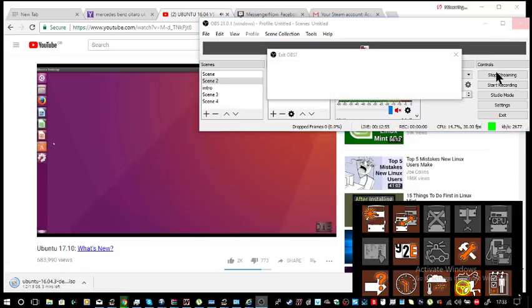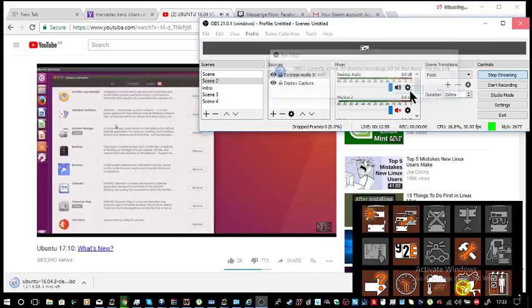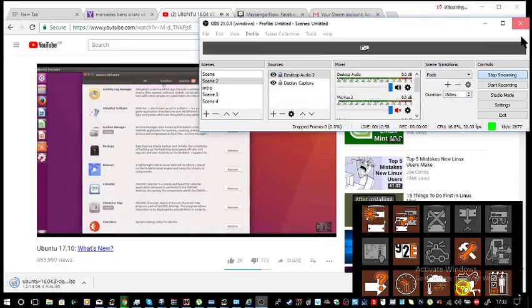Another big change that they made was that the Ubuntu software store is no longer the